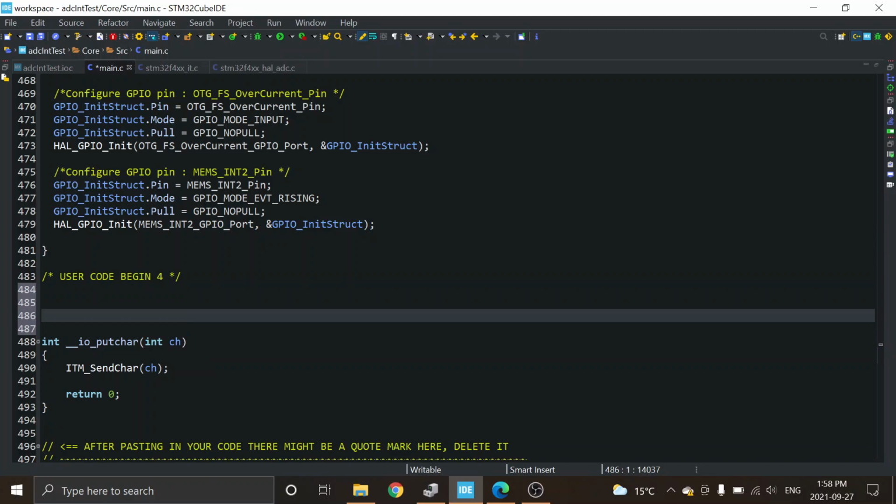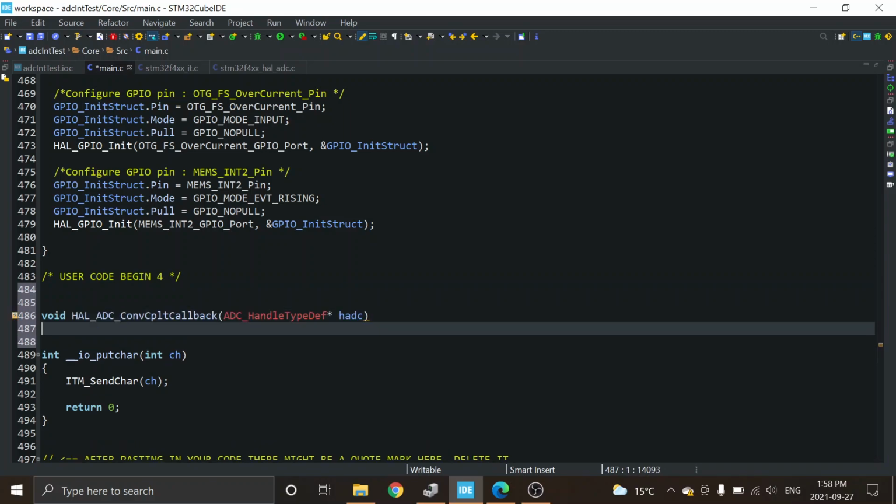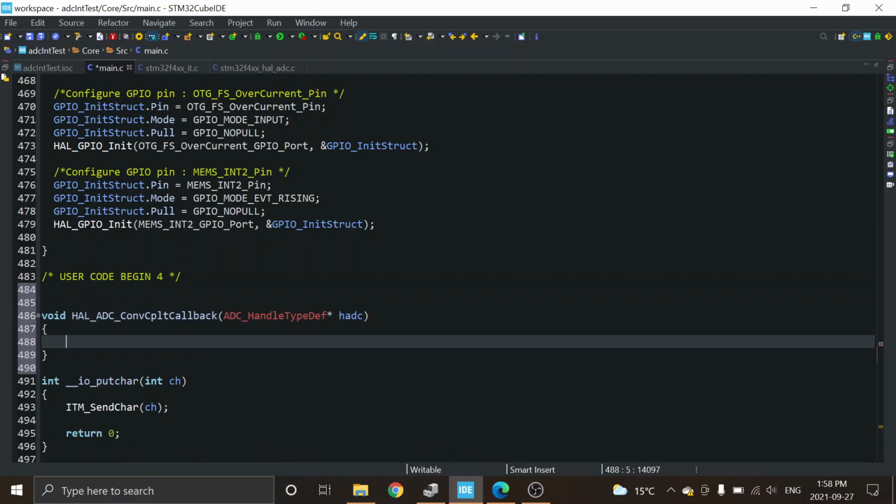Okay, and then so as a result of it firing, this is going to run. So in there, you go, my ADC result equals HAL ADC get conversion or what have you,